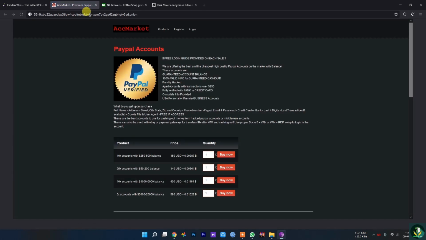As you can see in here, the website name is ACC market, but its address is a string of letters, and at the end it's a dot onion. So that's an example of how a dark web website usually looks, with its address and extension.